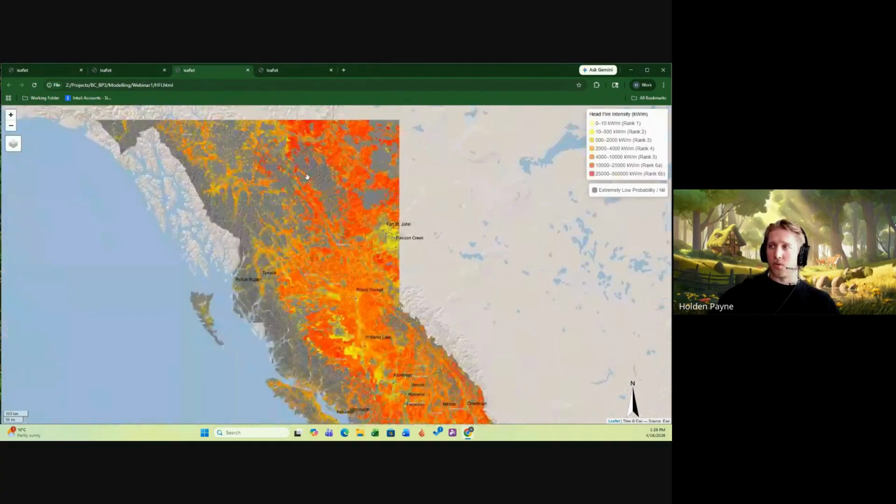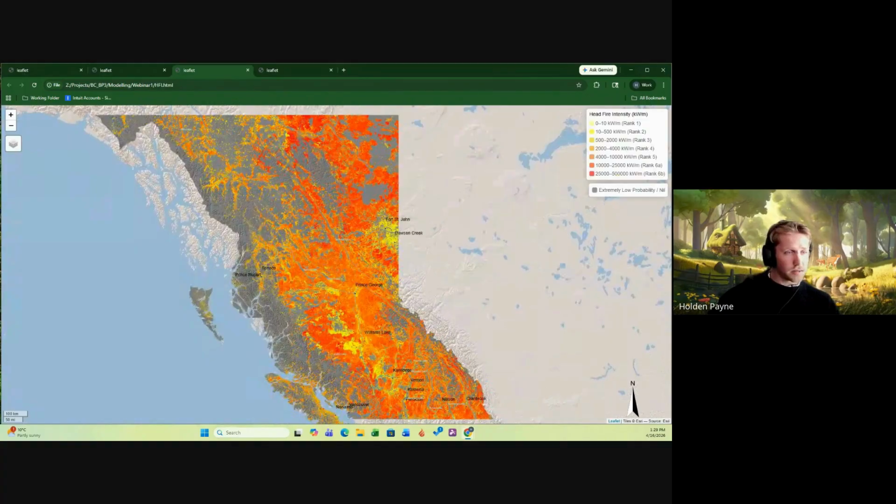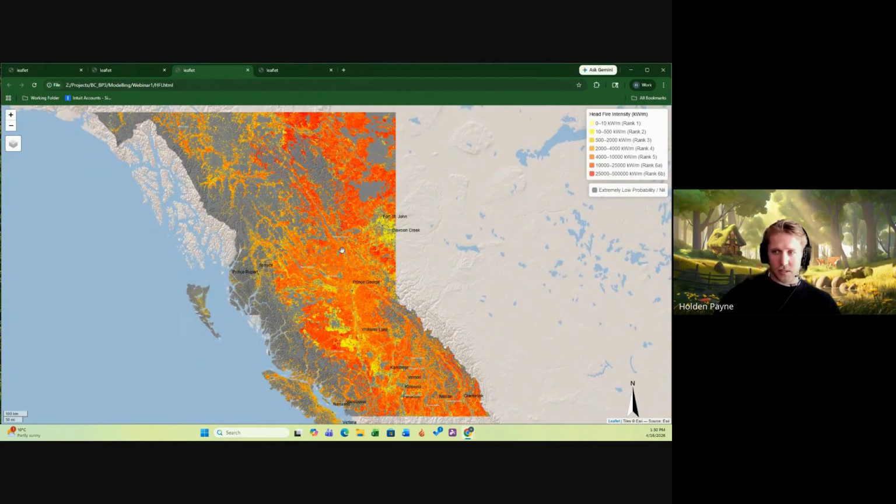And then I will move on to our 90th percentile head fire intensity. So this is another output from Burn P3. This tells us how likely fires are to achieve a certain fire rank. So what is a 90th percentile fire rank, or value of the energy or heat output of our fires burning across BC? This data set was also interesting because we found it to be quite a bit more similar across the province than we expected.